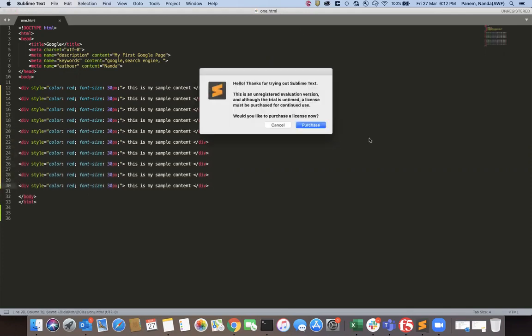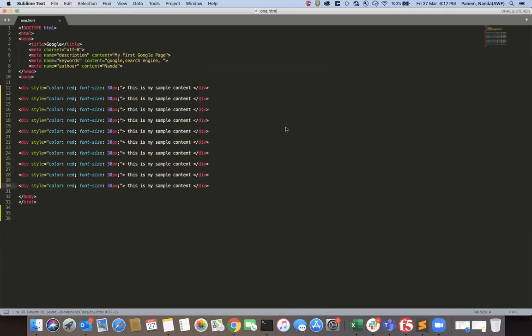Maybe I can have 20 divs, 30, 100, any number of things in a simple page. What you are doing is repeatedly writing the styling for each HTML element. Is it good practice? No, it's not a good practice.